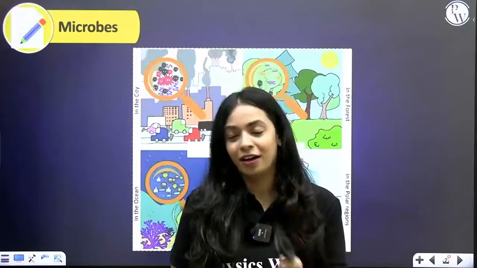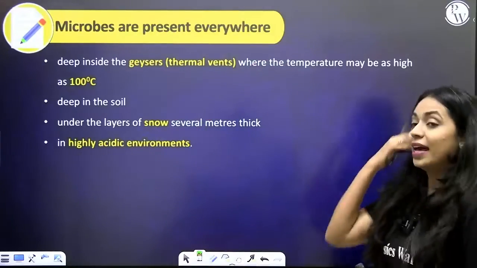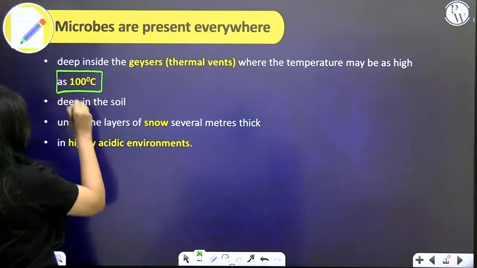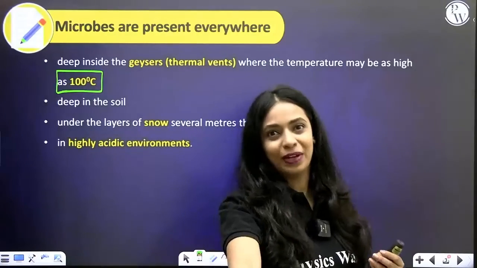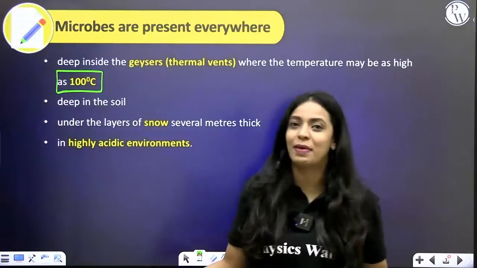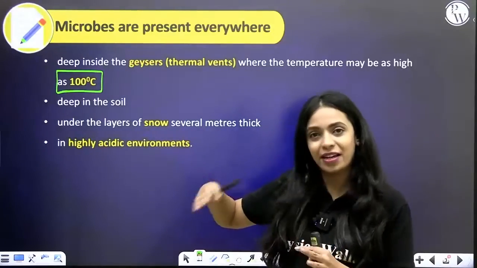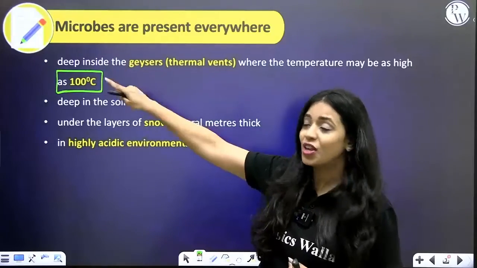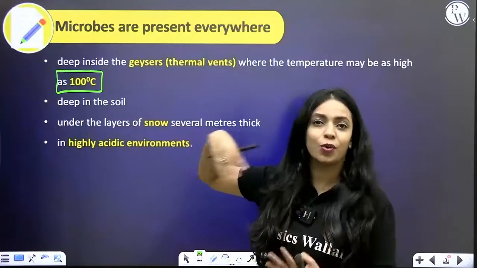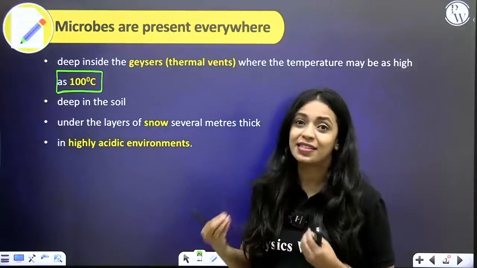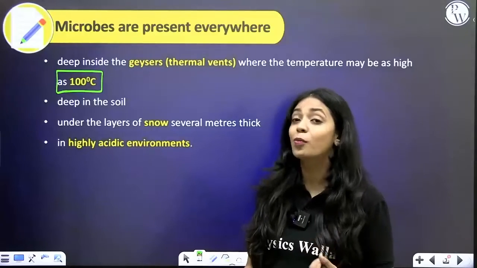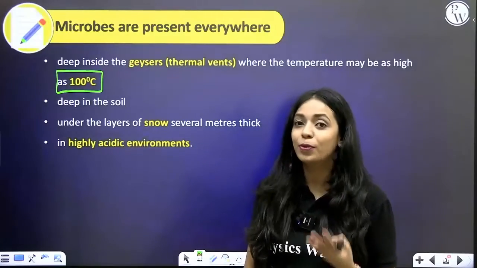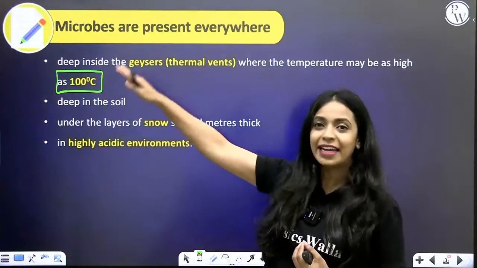So let's take a look at a couple of examples that are given in NCERT. Like I already mentioned, they are present in regions where the temperature can be as high as 100 degrees Celsius. We can't even imagine going close to a place with such a high temperature. I think our bones would probably melt, right? But these microorganisms that have the ability to survive in areas with such extremely high temperatures are very hardy. They have their own adaptations to thrive in such extreme conditions. I'm sure you've learnt about thermoacidophiles in biological classification in 11th grade, right? There you would have learnt about some examples of bacteria that survive in such high temperatures.